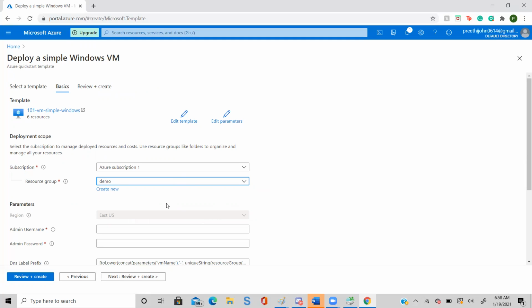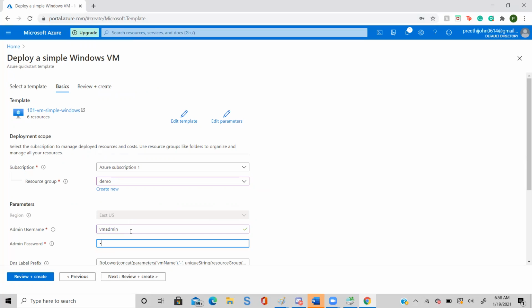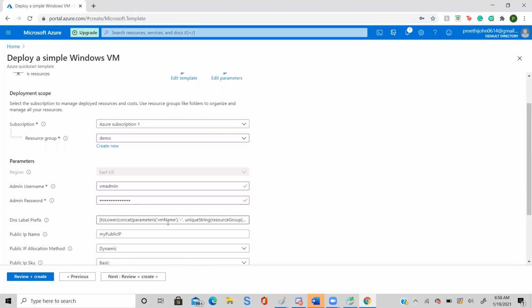Just type the username VM admin, password at the rate 123456789, because it must be that long. Then you do not have to do anything. Everything is already defined. Just say review and create.